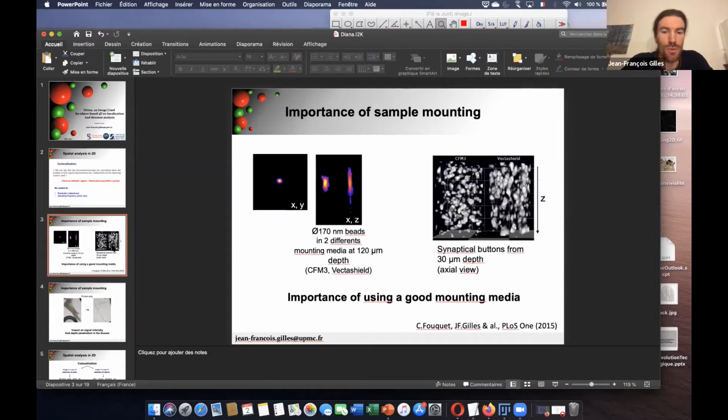So just to warn you about things which may happen. Here is the point spread function in X and Y, of a bead which has some fluorescence.